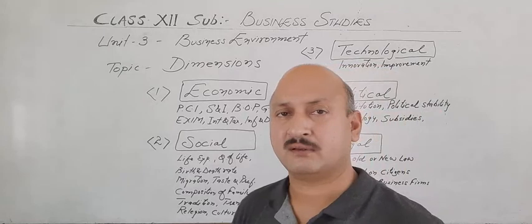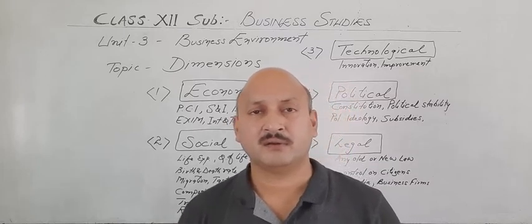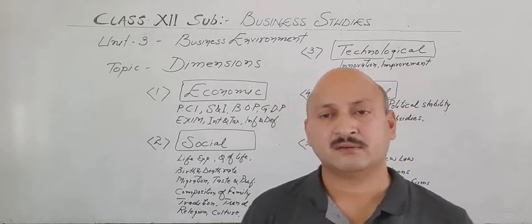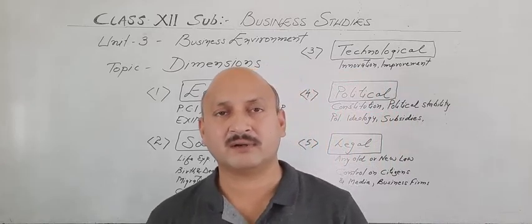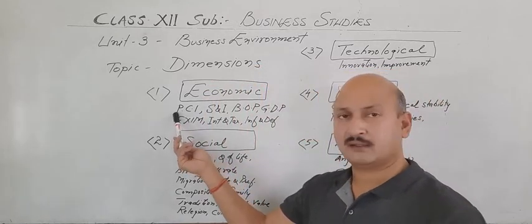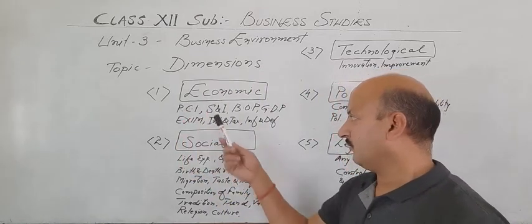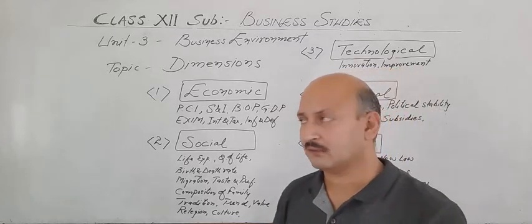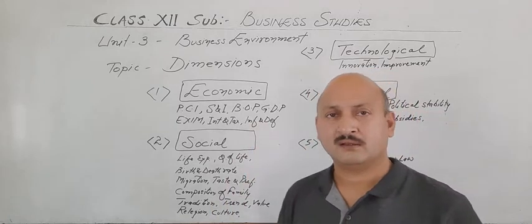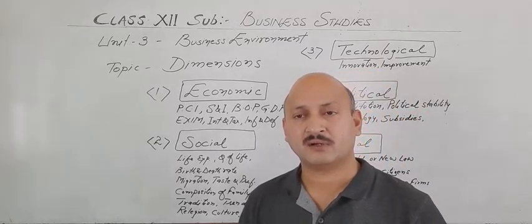The economic environment is the environment which has an impact on every business directly or indirectly, and there are various aspects of the economic environment like the per capita income, means what is the income of an individual person in a country, savings and investment, what are the savings of the country and what are the investments, balance of payment, for which we have to maintain the foreign currency reserves in our country, and how much we have to pay, what are the situation or numbers or amount of foreign currencies of different countries,